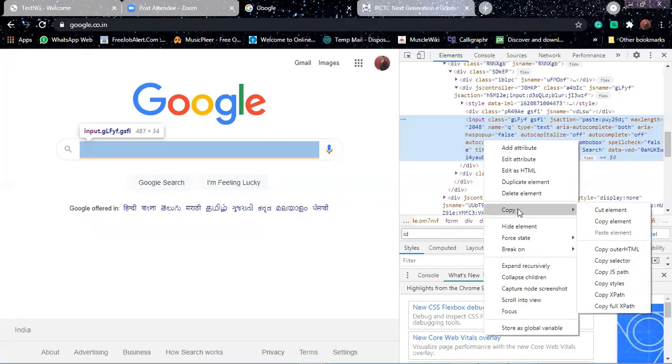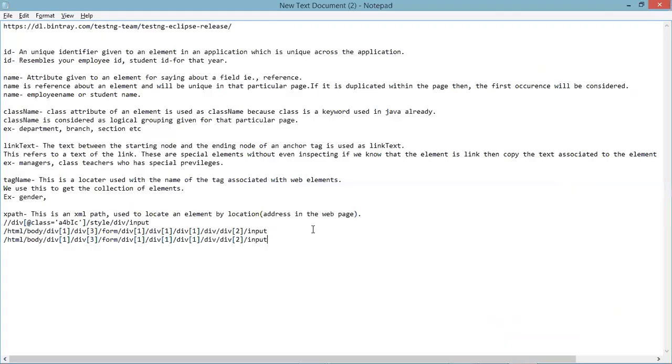Try to copy the XPath alone. This is the partial or relative XPath for this. Remove these things. They have to implement it, and now we have implemented it and we can give it to them.